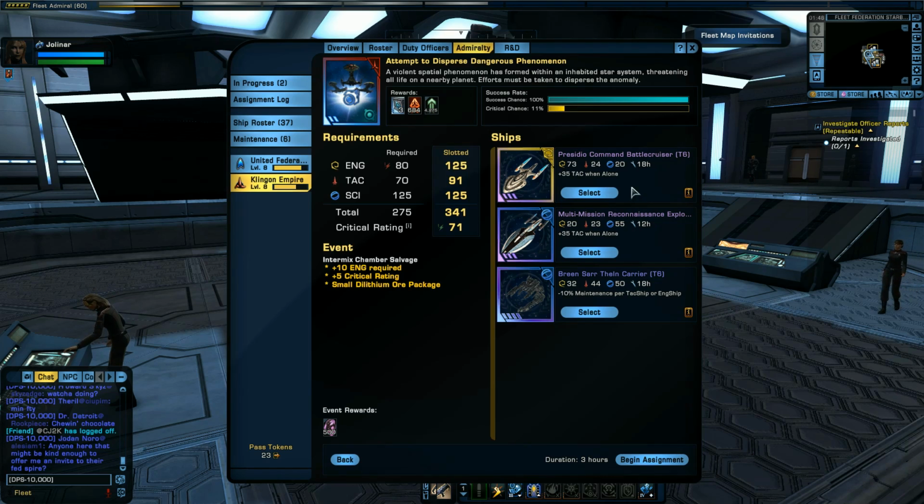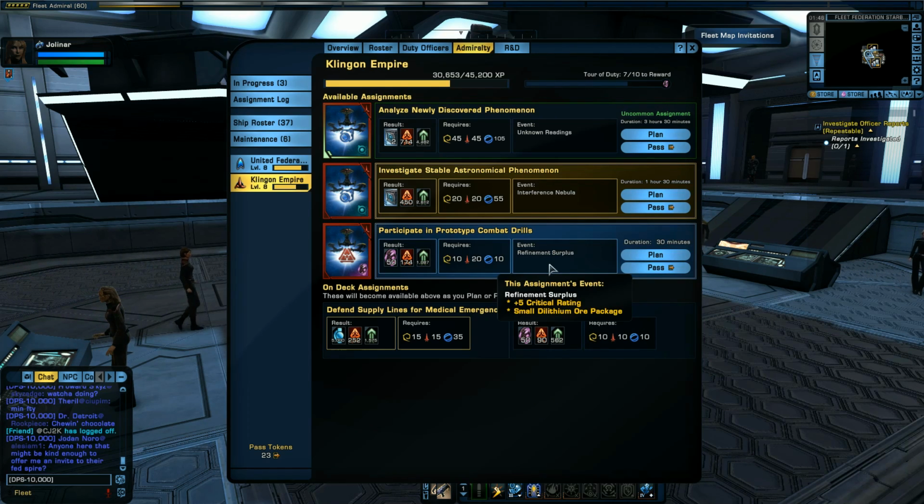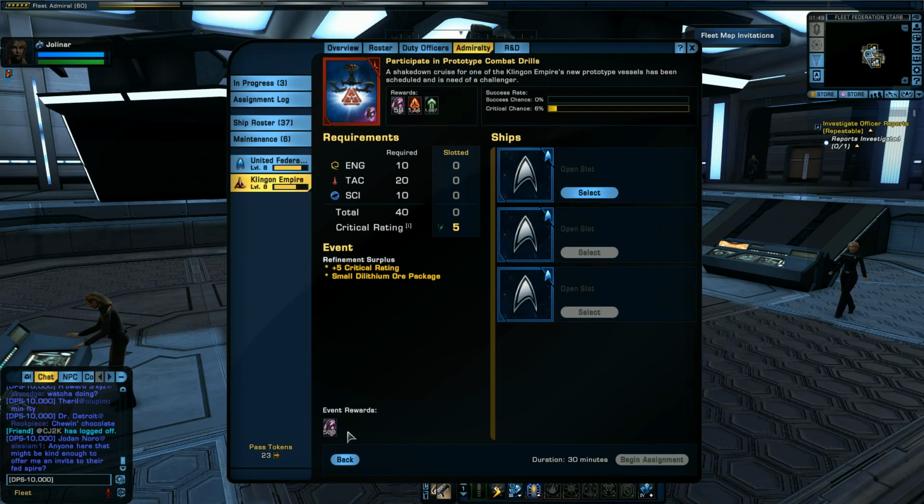So these guys are going to be on cooldown for quite a long time, but to be honest, unless you're logged into the game constantly, you're probably only going to be refilling your Admiralty slots once a day, twice a day at max. So if you're just rotating your alts, this is decent. We've got Refinement Surplus here, which again is another 500 dilithium ore, and this one's an insanely easy one,